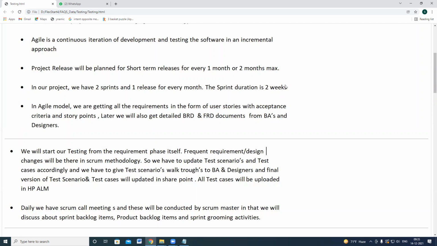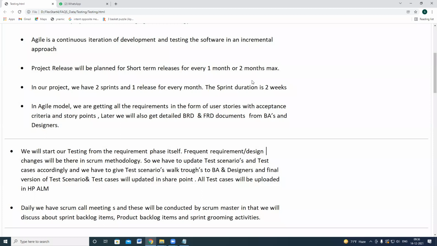In those 3 weeks, the development team is developing the software in parallel, and our testing team is involved in user story walkthrough sessions. We list out all the test scenarios and test cases, and we give the test scenarios walkthrough session to the BA and design team. After that, whatever test cases we have developed, we update the actual result and status, and we capture all the test evidence in a Word document for every test case. All these activities we do in those 3 weeks, and we prove that all the sprint 1 user stories are working correctly.